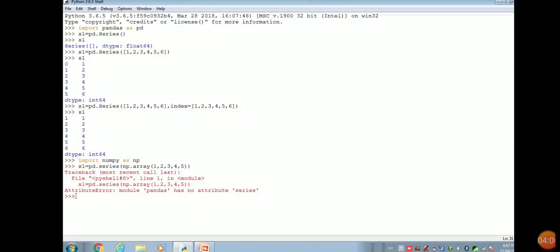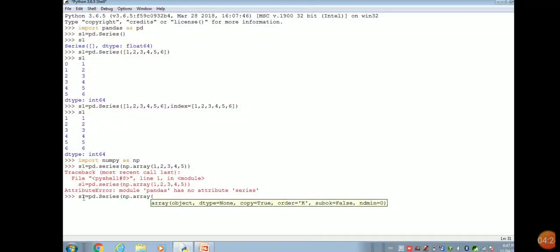This is the Python shell where we are creating all these codes. s1 equals pd.Series, np.array, 1 2 3 4 5.